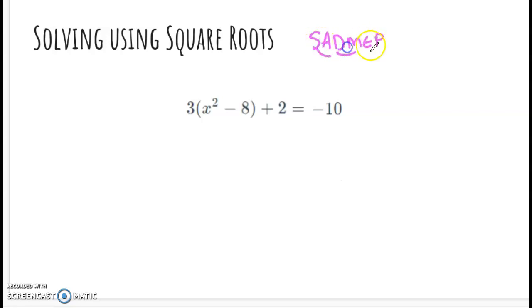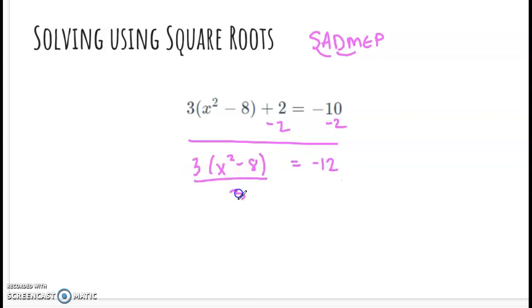All right, let's run through this vertex form real quick. Right, so still following my inverse order of operations. Subtract 2. 3x squared minus 8 equals -12. Divide by 3. x squared minus 8 equals -4. Add 8, x squared equals